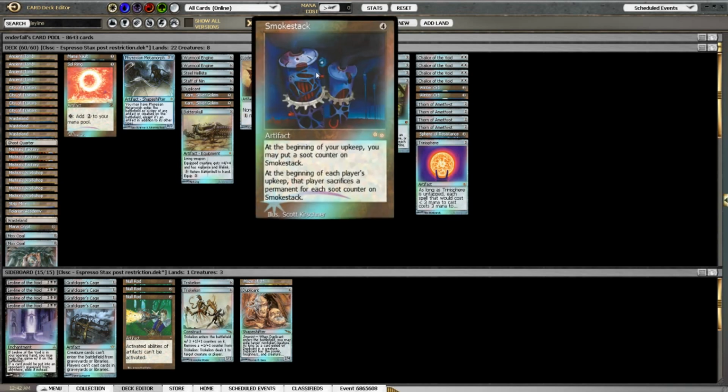You can, much like Tangle Wire, stack the triggers for Smokestack such that while the first turn you play it, it does absolutely nothing. On your following upkeep, you can set the trigger such that the first trigger to resolve is the one that requires you to sacrifice, and the second trigger to resolve is the one that puts a counter on the Smokestack. So much like Tangle Wire, the first person that has to deal with it is your opponent. It's on their second turn, which is one of the reasons why Smokestack isn't really a popular card,